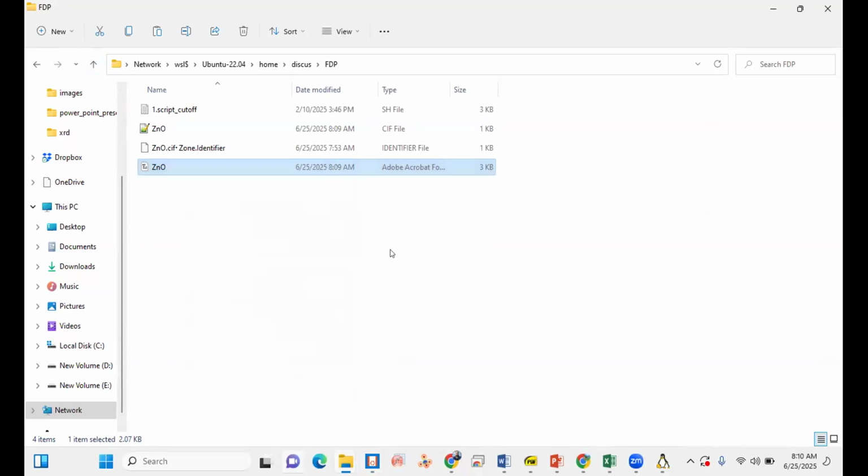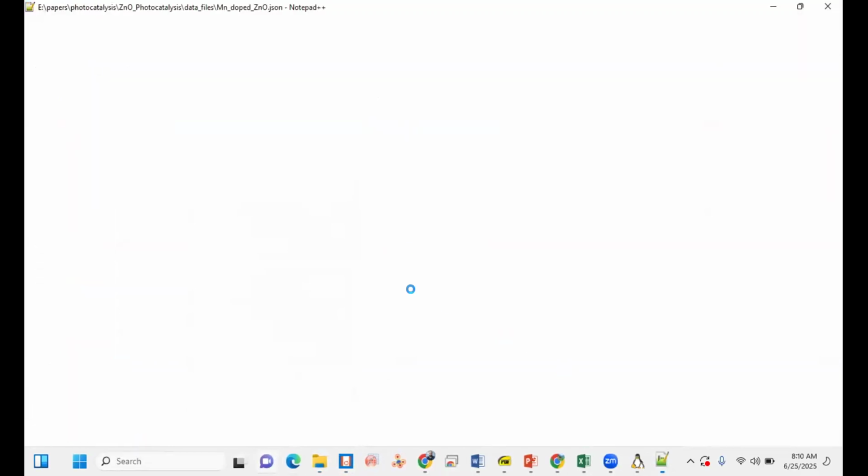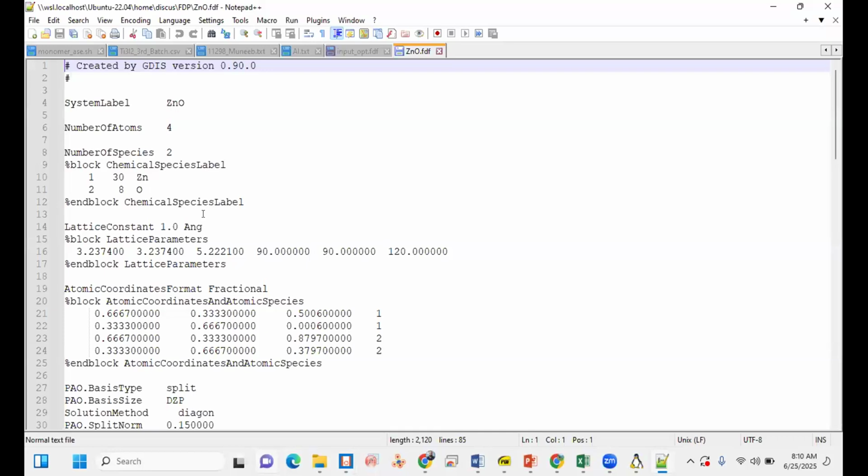It will open like this. So the first line in this. Can someone try with the zinc oxide unit cell, using GDIS now, to create the FDF file?